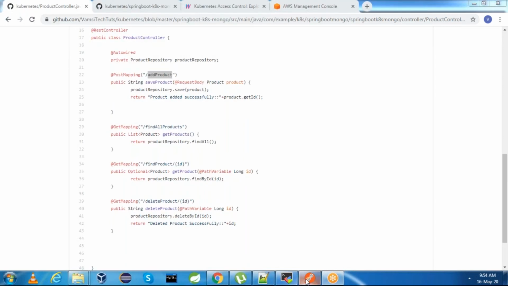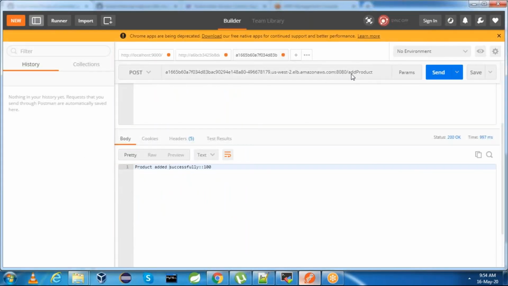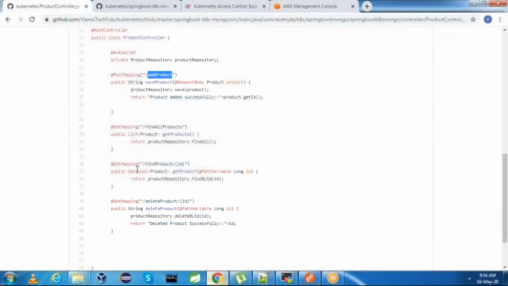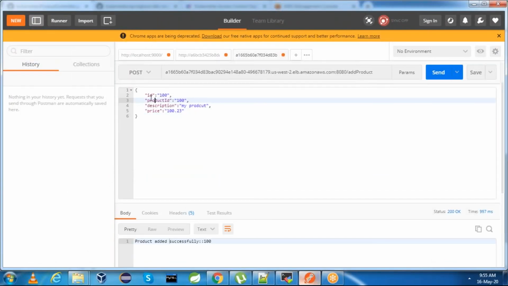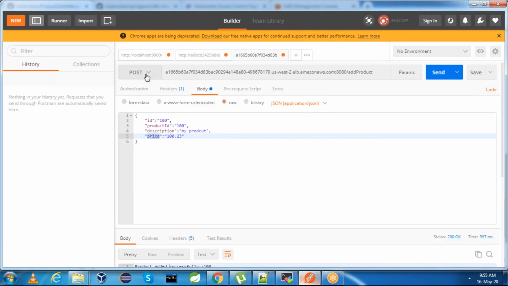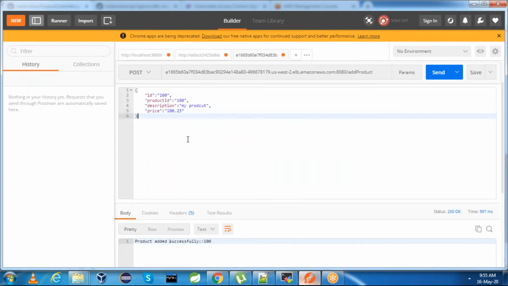Go here to Postman. First, add product, and in the product we have product ID, product name, description, and price. One thing is you need to select the post method. In the body, select raw, and in the drop down, select JSON, application/json, and mention the JSON.